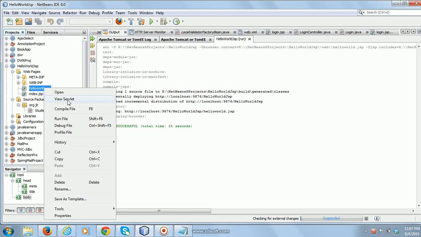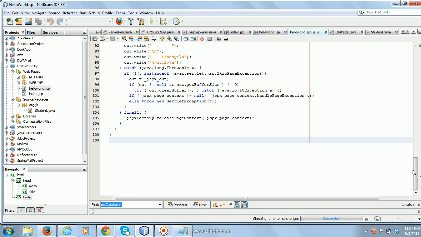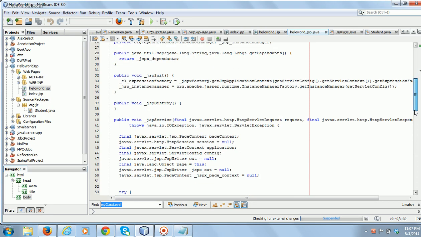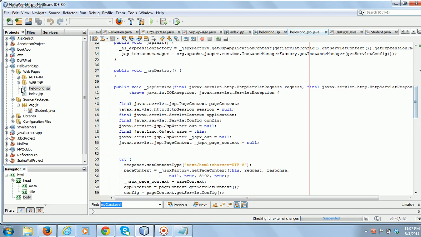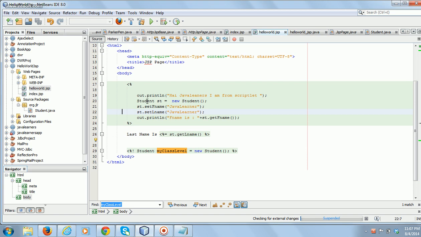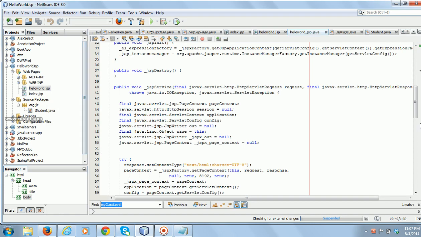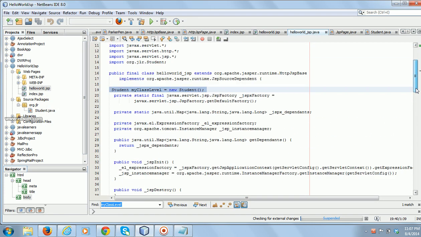Now we will see the generated file. Can you see, earlier in the hello world JSP, we have declared two object references, right? ST and myClassLevel. ST went to the JSP service method, but if you observe, the myClassLevel reference is declared above all the methods in this class. That means this is treated as a class level variable.